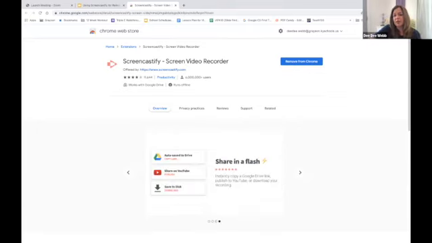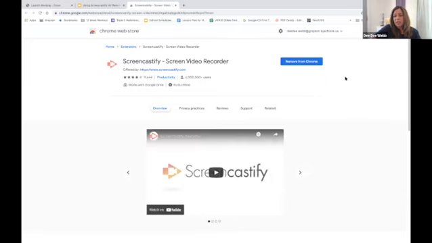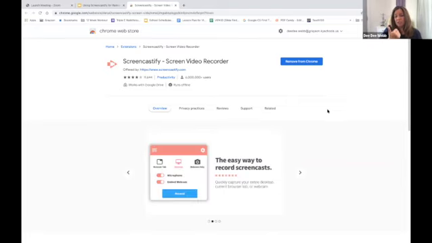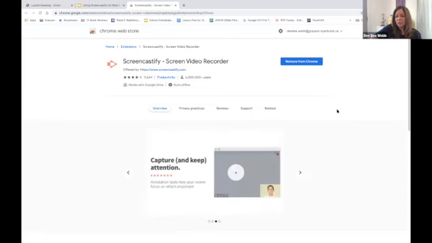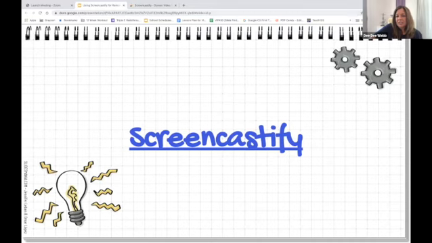If you click on that puzzle piece and scroll down, the Screencastify extension looks like an arrow pointing to the right, melon colored, with a camera inside it. That's how you launch Screencastify. If you hover over it, it will usually tell you what the extension is. So there, the Screencastify extension should be installed.